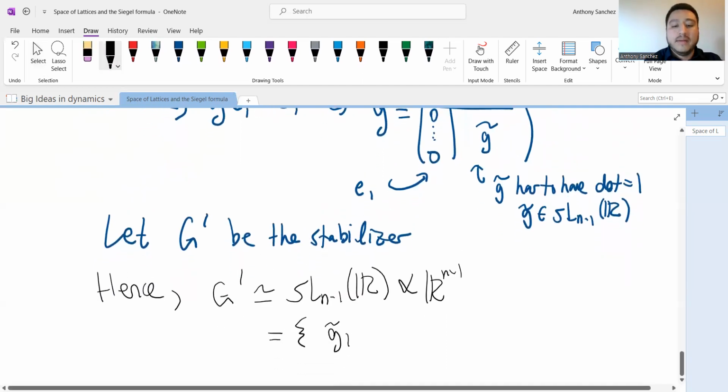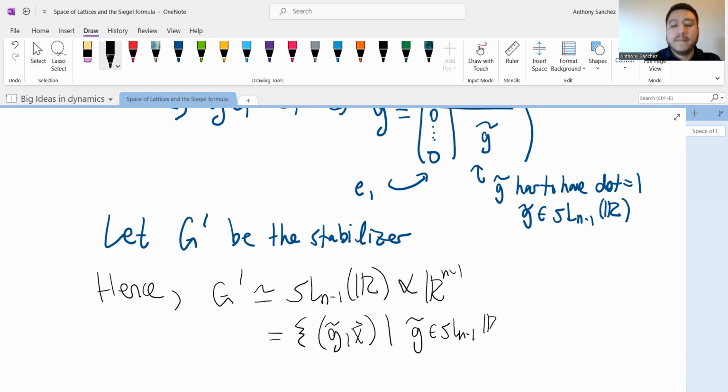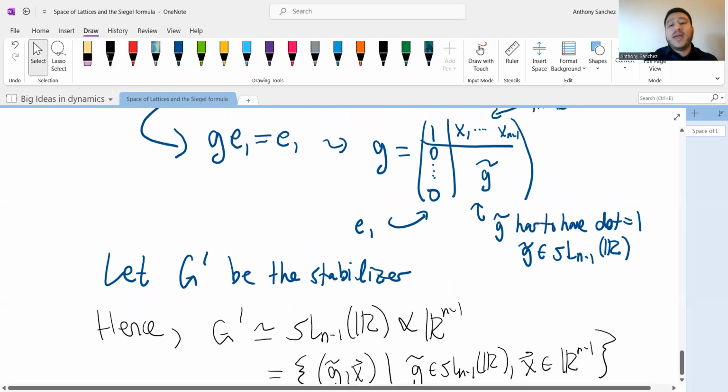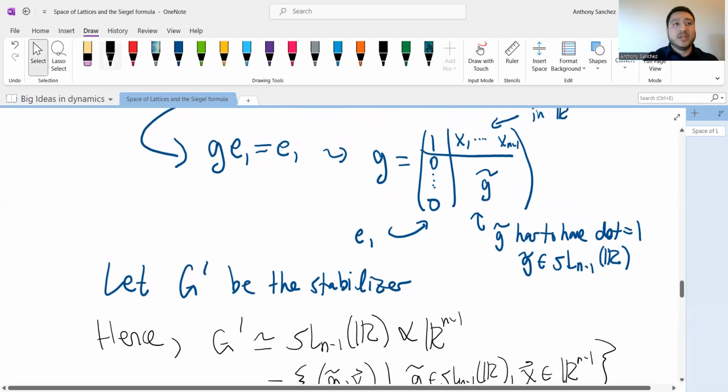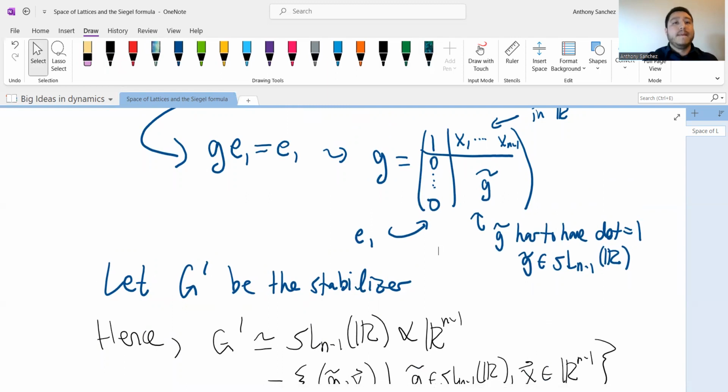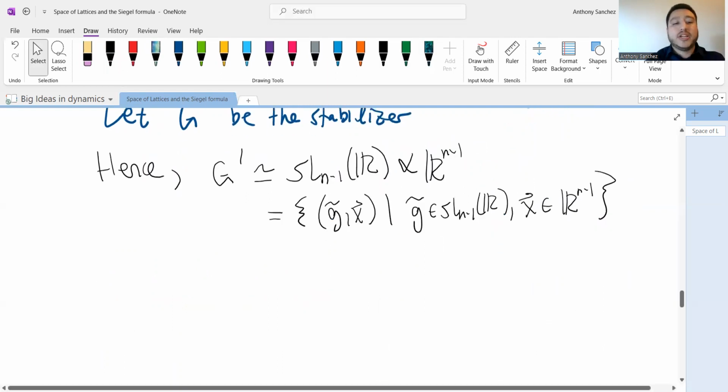I call it x. (G tilde, x), such that G tilde is inside of SL_{n-1}(R), and x is inside of R^{n-1}. And it comes equipped with an operation: when I multiply two ordered pairs of this form, I'm going to multiply them in the way indicated by this matrix multiplication. All right, and now a similar computation